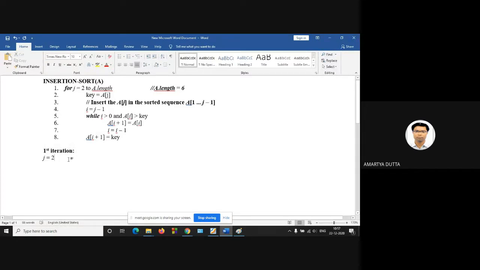This is the first iteration, so J is equal to 2 and A dot length is 6. What is the key value?